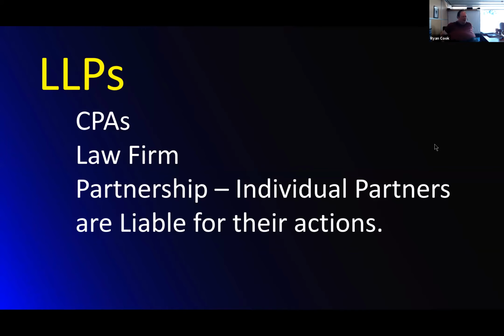Now, you're thinking, well, wait a minute. Isn't that just a partnership? Why don't they just call it a limited liability partnership? Well, the limited liability partnership is a special one. When you have things like CPAs and law firms, doctor's offices, some doctor's offices run this way, where you have multiple specialties within a doctor's office. What happens is this attorney and this attorney are working in the same office. You know, you've got Cook and Cook Law Firm, okay?